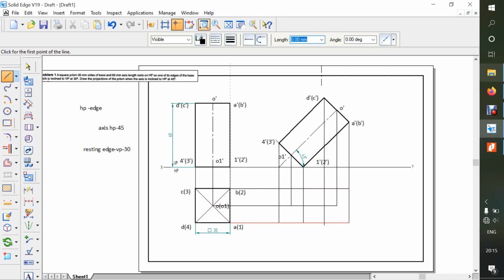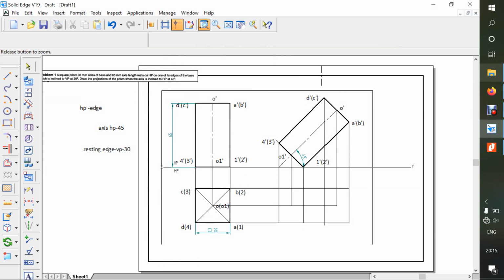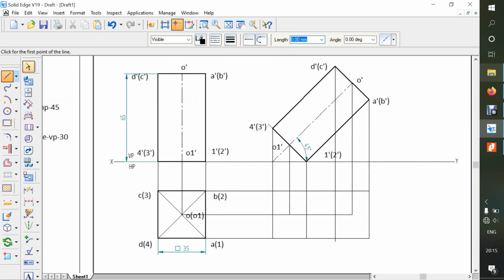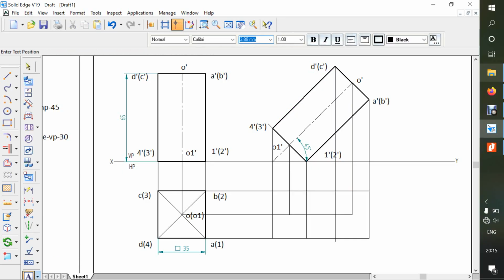Now you can see the things here. We will zoom this part, and now we'll make the things which are visible to us, as I said. So 43D4 is visible. First we have to name the things, so go to the text command. We'll go like this.